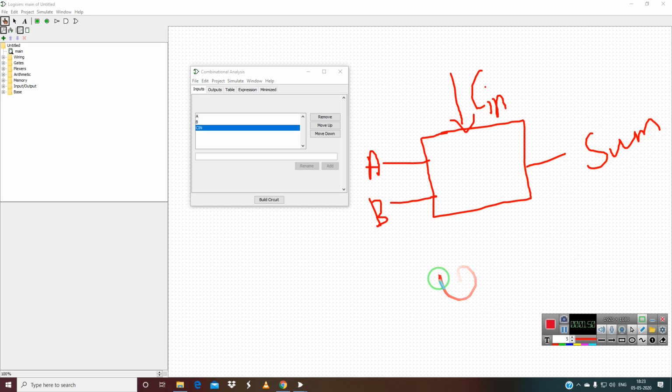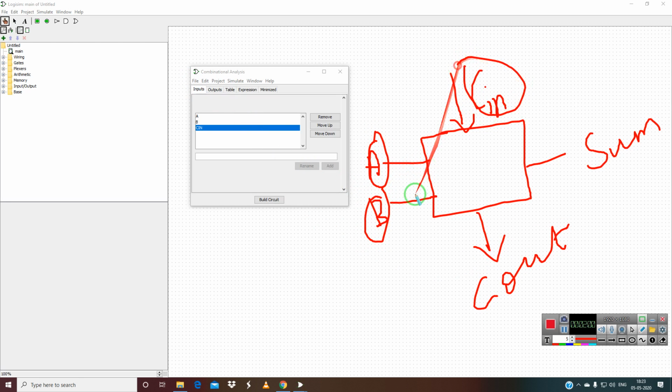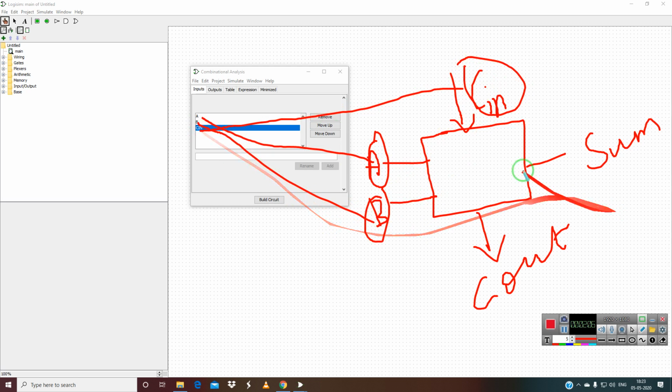Sum is output, and C out is also an output. So in input you have A, B, C in, and these are all inputs.